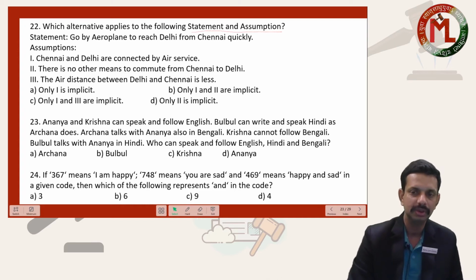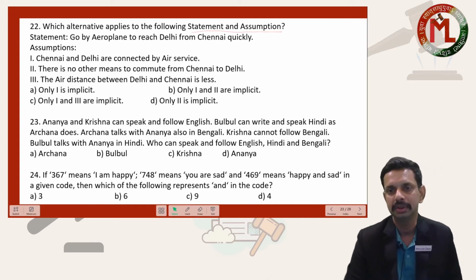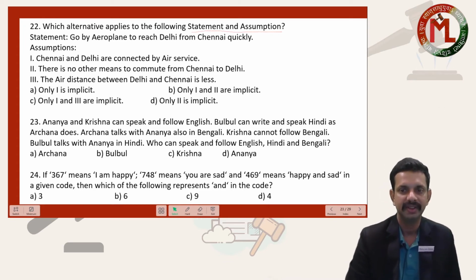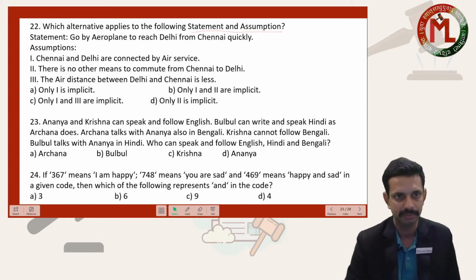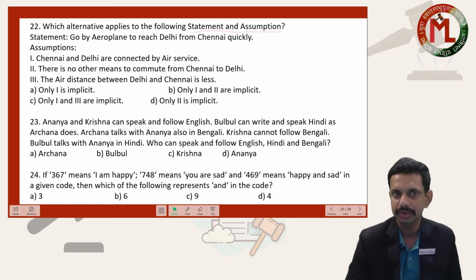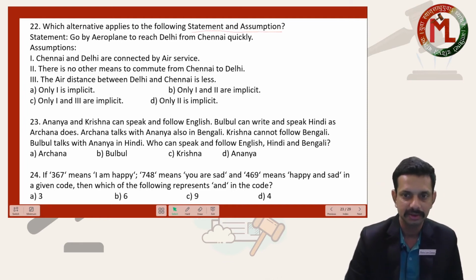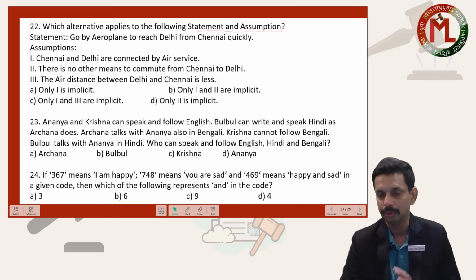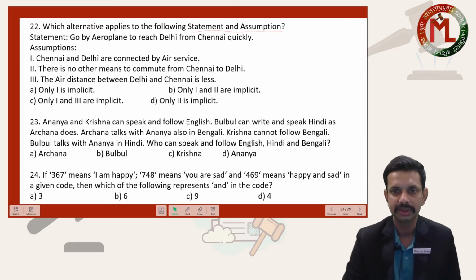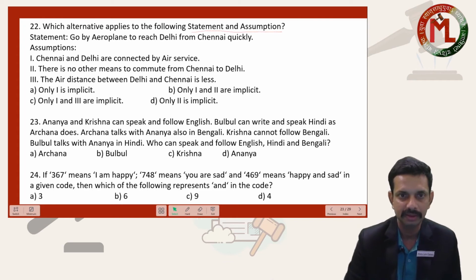It means this is not directly given in the statement, but we can arrive at that by reading out the statement and by finding the meaning of the statement. Now the statement says, go by aeroplane to reach Delhi from Chennai quickly. Now go by aeroplane to reach Delhi from Chennai quickly. It means that Delhi, you can go by aeroplane only if both the cities are connected by the air service,